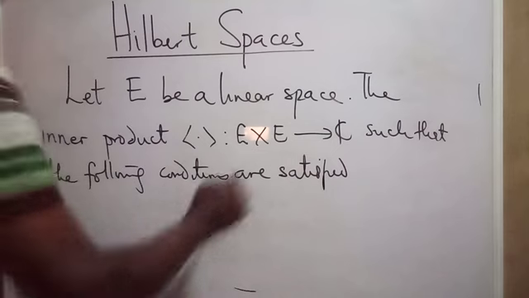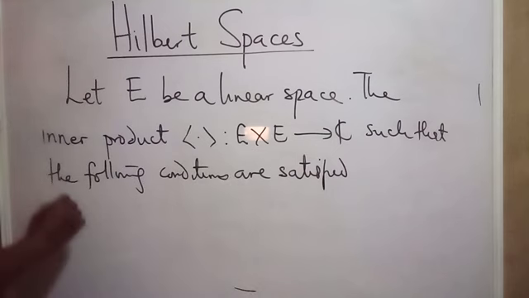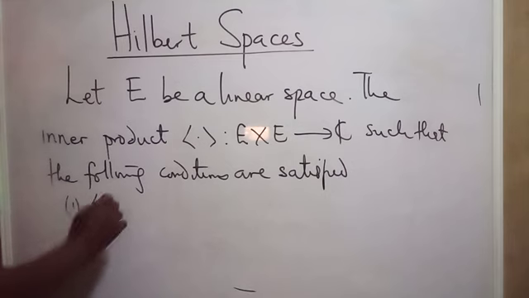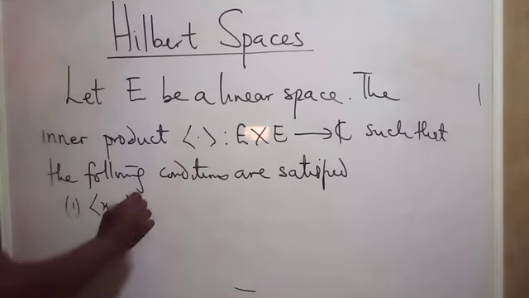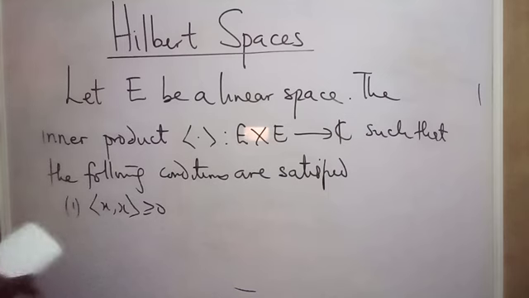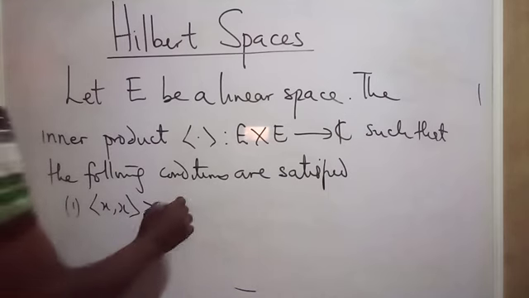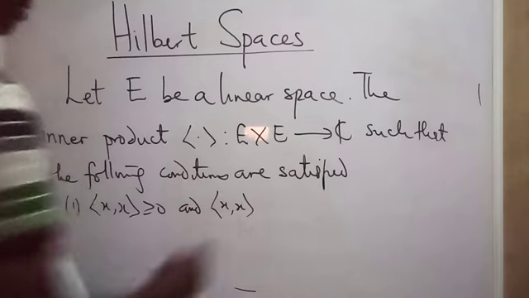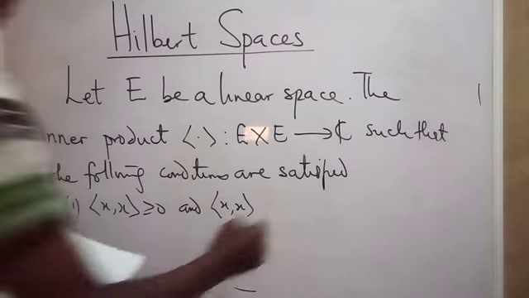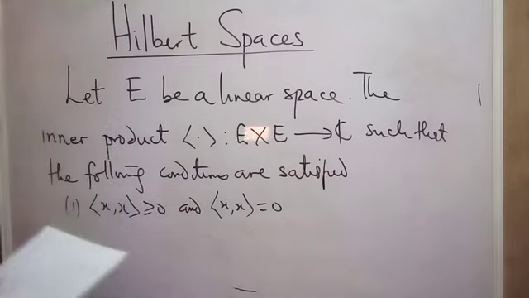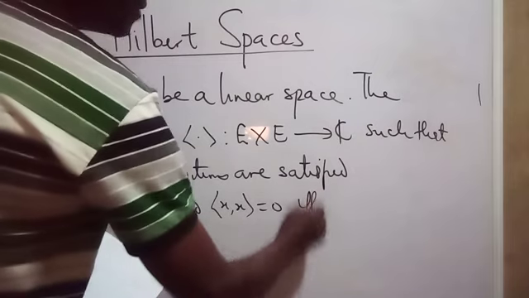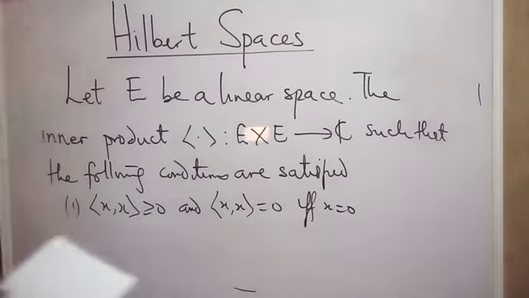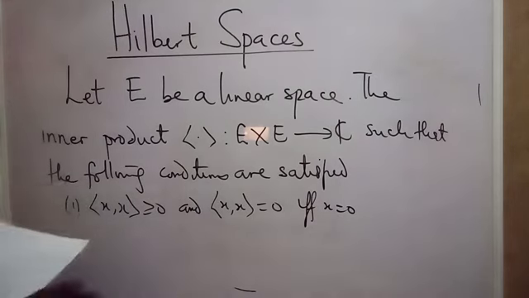Okay, the very first condition of the inner product is 1. It is non-negative. X cross X is greater than or equal to 0. That is the first condition. And the inner product of X with itself is equal to 0 if and only if what? If and only if X is 0. Okay? Now,